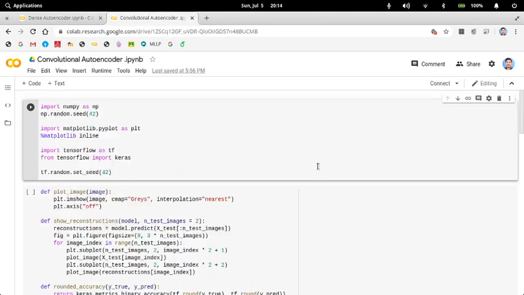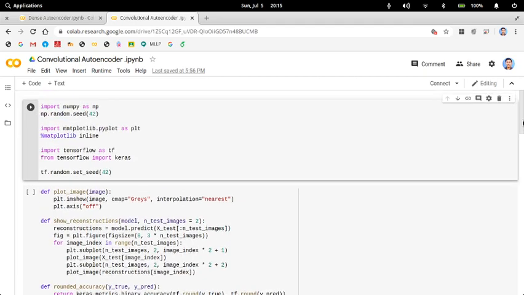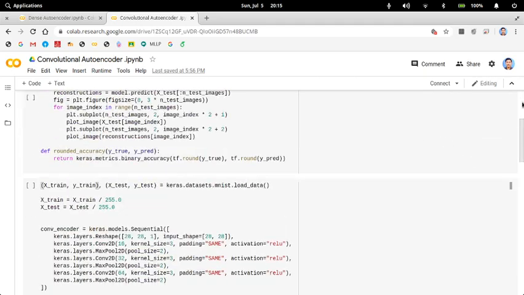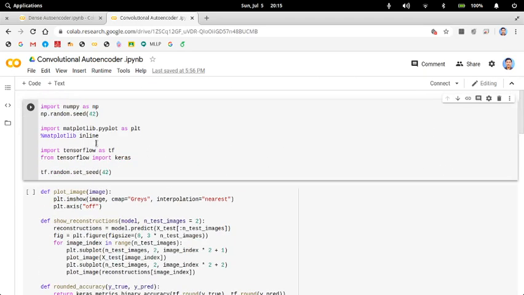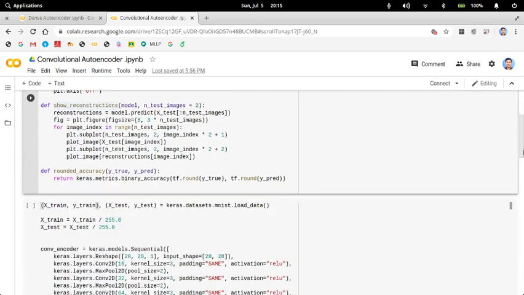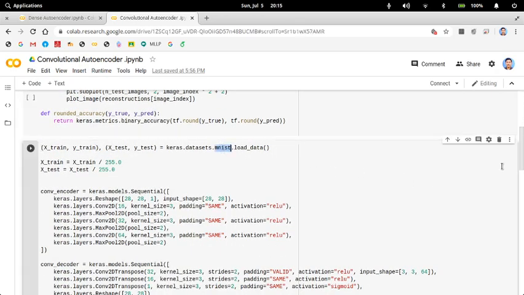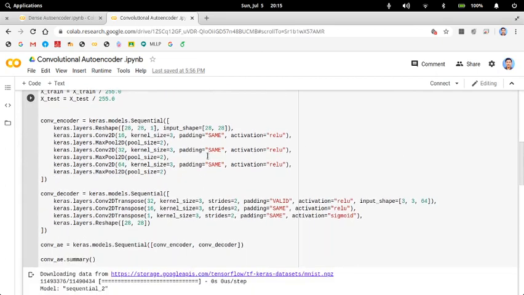It's an example for convolutional autoencoders. In the convolutional autoencoder also the initial things are same. We are doing this operation on the same data set. So we use the same functions, plot image, show reconstruction, etc. We load the same data set, MNIST data set. The main difference is here. You have a convolutional encoder and a convolutional decoder. The convolutional encoder is a